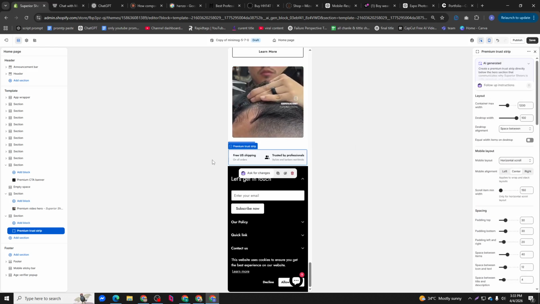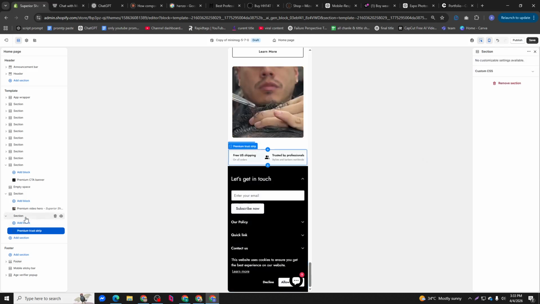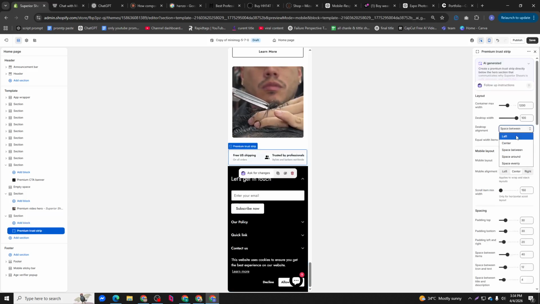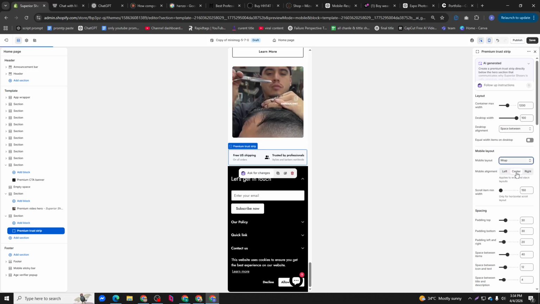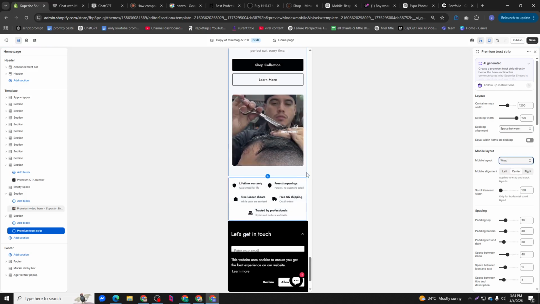Okay, so instead of making it like that, I think I should also keep it. Let's select this section. Oh, not this one. You see, if I click this section, now I think I should make it a center mobile layout. So wrap and center. Okay, this one is also pretty good, but the slider is also very good. I will ask my client which one he likes.